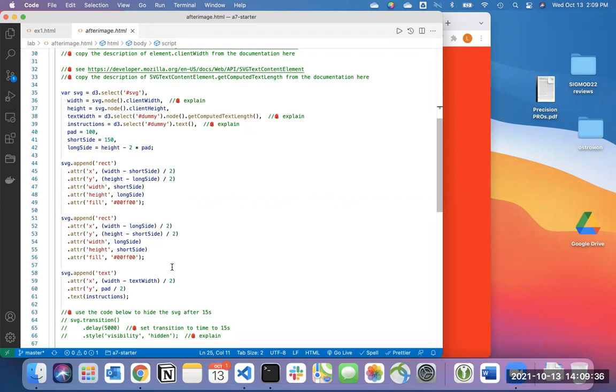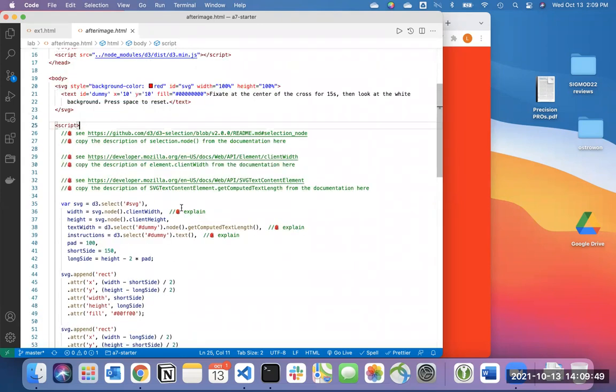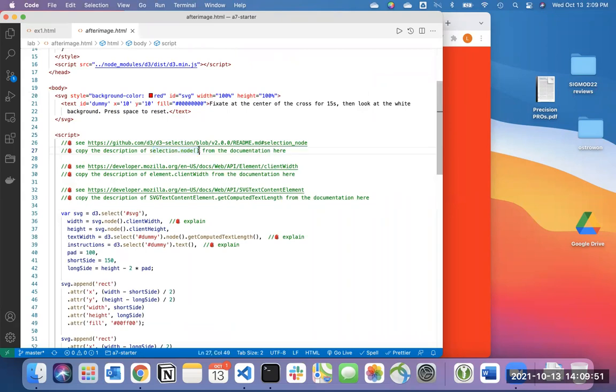So now you remember that D3 doesn't return you a selection that is the actual node. It's a selection object that D3 handles. But what we want is the node in the DOM. So to get the node in the DOM, you need to use the selection.node method, which is going to return it to you. Okay? And that's what is used here. So you can use this information to fill in the blanks here, and you can just go ahead and explain it there